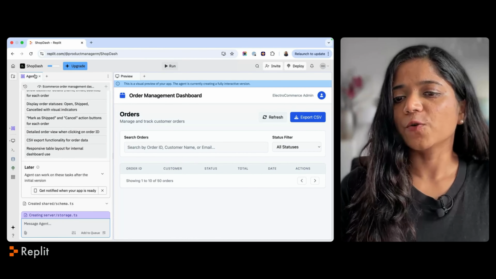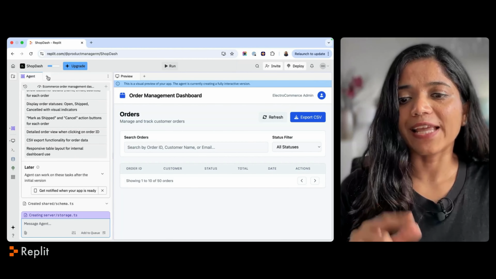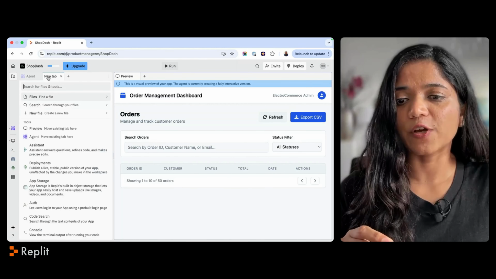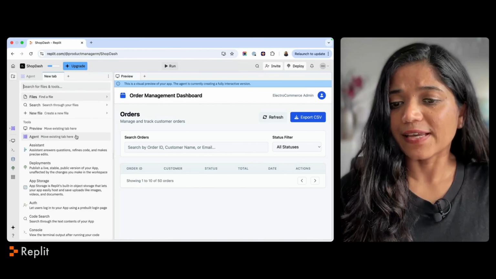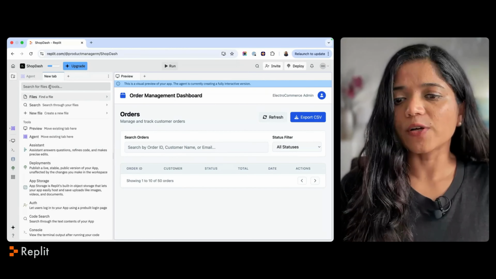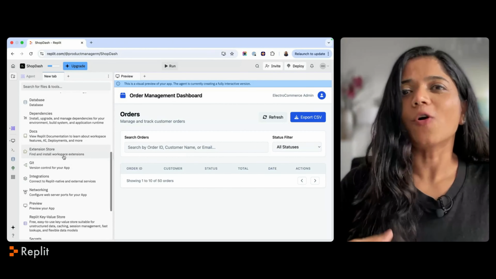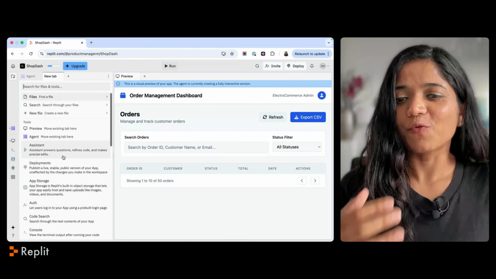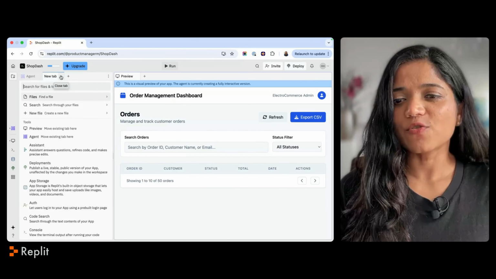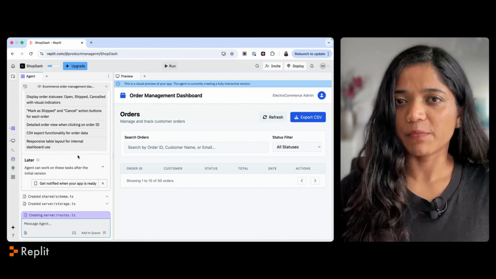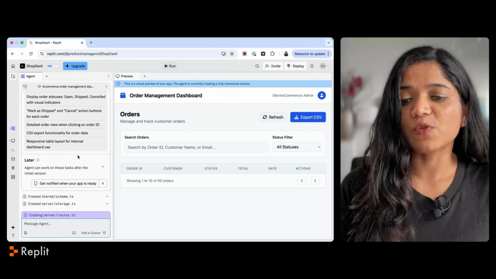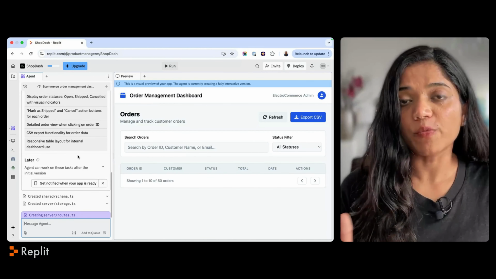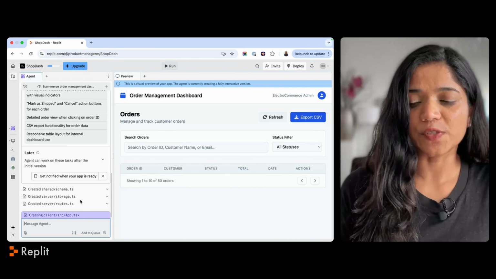I also noticed that you can have multiple agents. So I'm not sure what this means. If you click on the plus sign, it will create a whole different tab. Once you click on something, it just opens up a lot of other things that I'm not sure what to really focus on. So unless you are well versed with using Replit from the past, I'm not sure if this will be the best tool for someone who is a non-programmer, non-coder, trying to use it for vibe coding an app.